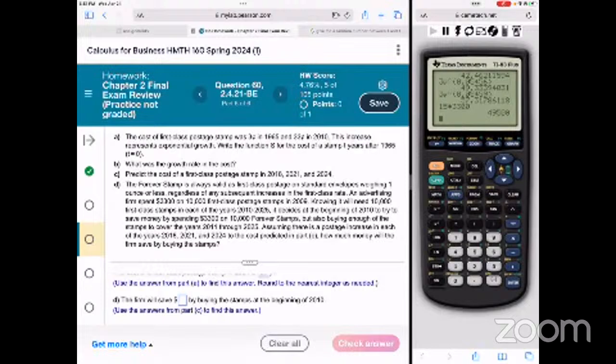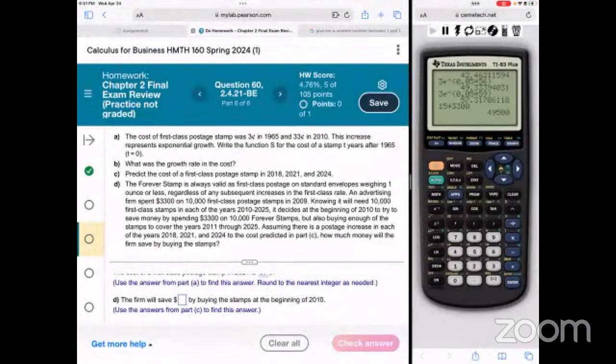Okay. So if they just bought all the stamps in 2010, it should cost them 49,500. Now the first increase looks like it happened in 2018. So from 2010 to like 2017, that's what, 7 years? So then we're going to say 3,300 times 7 years plus, now we have an increase from 18 to 20. That's what, 3 more years? And it costs whatever answer we got.